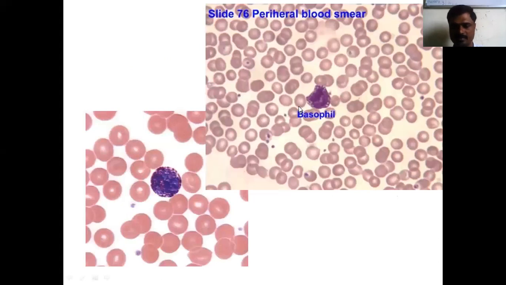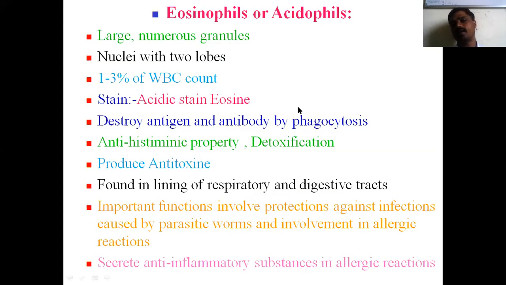So next is acidophils or eosinophils: large numerous nucleus with two lobes, 1 to 3% of WBC count, stain acidic, stain with eosin, destroy antigen and antibody by phagocytosis. Whatever foreign particle is inserted in our body produces the antigen of that particular disease and antibody. So destroying all these antigens and antibodies of the foreign particles by the mechanism of phagocytosis is done by the acidophils. It has antihistamine property and detoxification is also done by these acidophils,